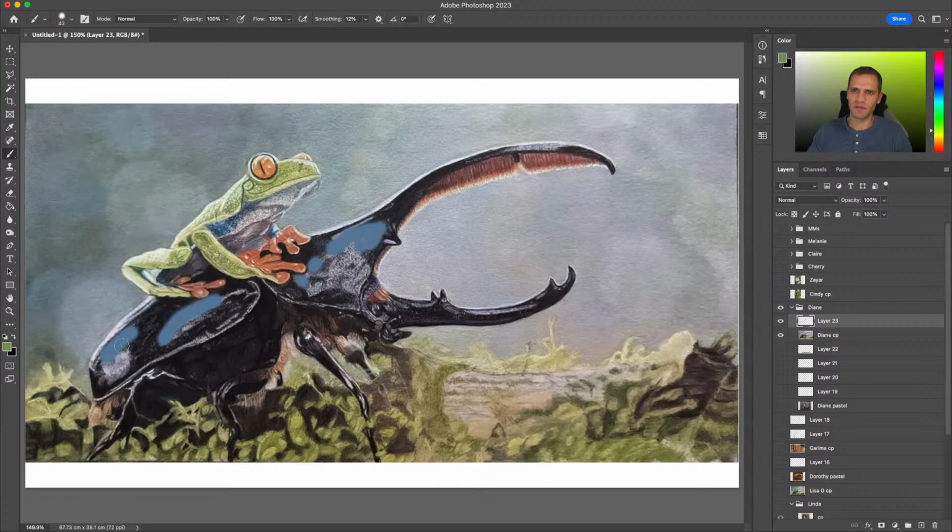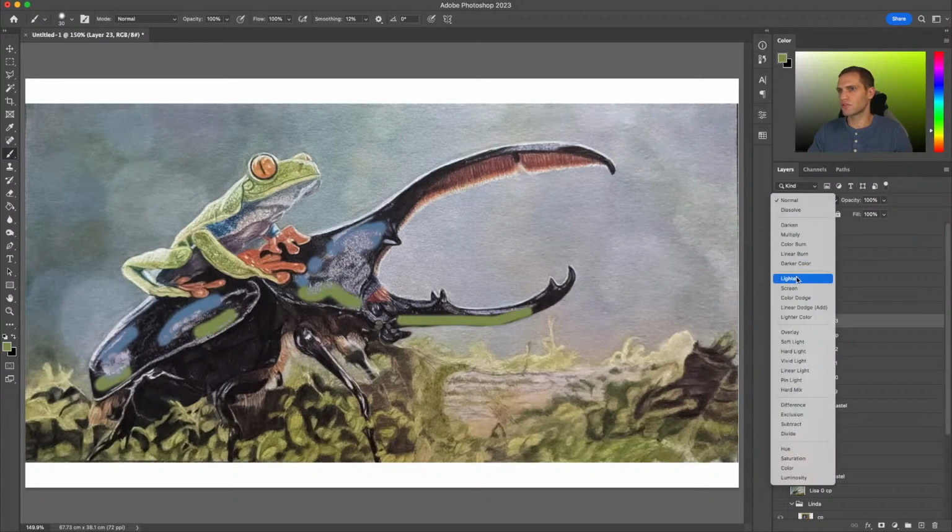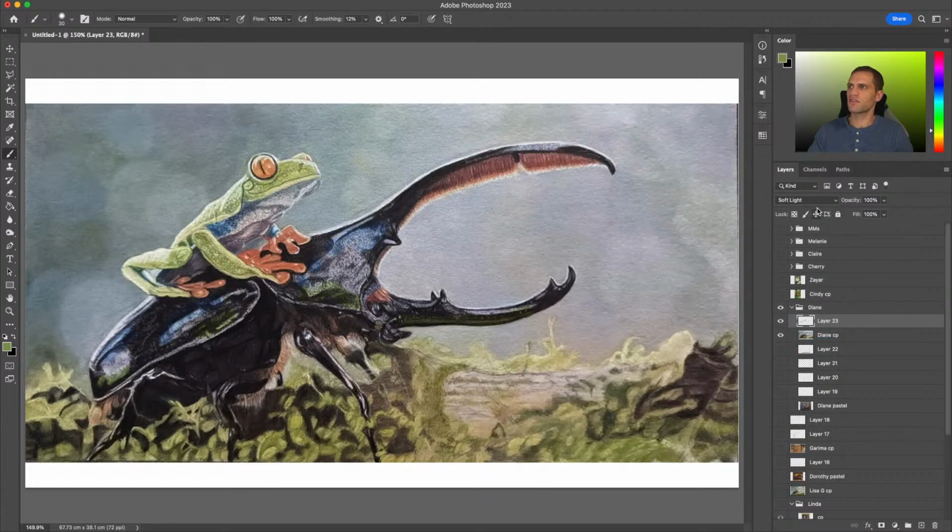I'm going to take the green of the frog and I'm going to put it on the bottom side of the beetle. So I'm going to put some green here and some green here, down here, and then maybe across like this. And then let's just go to soft light. Yeah, I think soft light. And then I'm just going to tone it down a little bit. So there's just a hint more green and blue in the beetle, and it just gives it a little